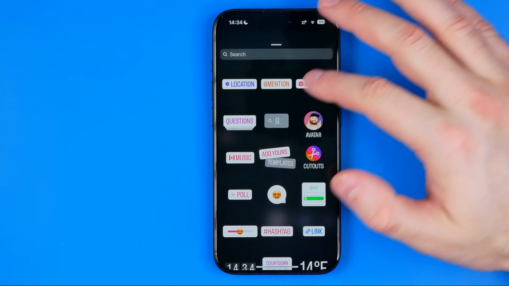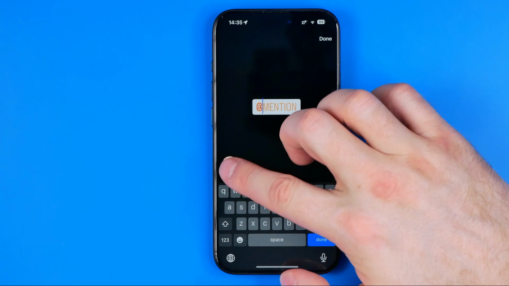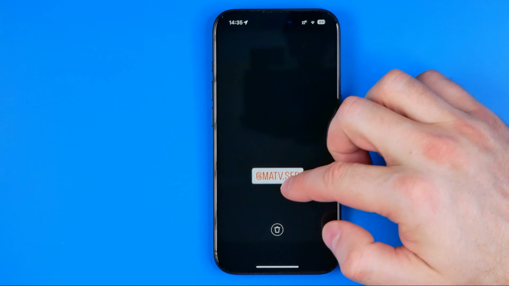You can add there some stickers, you can mention someone, you can do all the stuff you usually do while